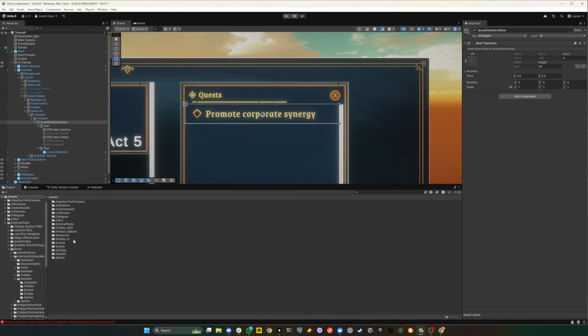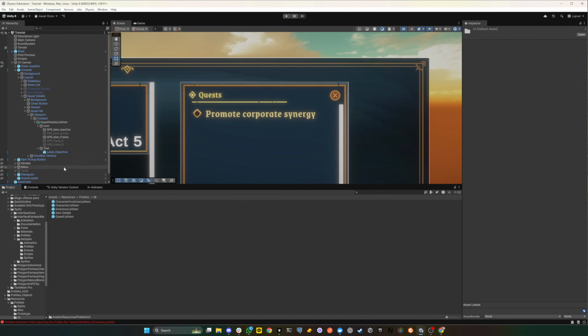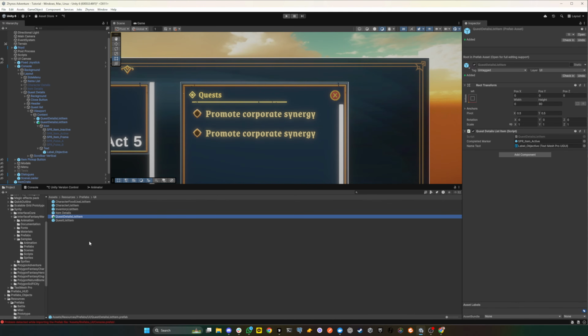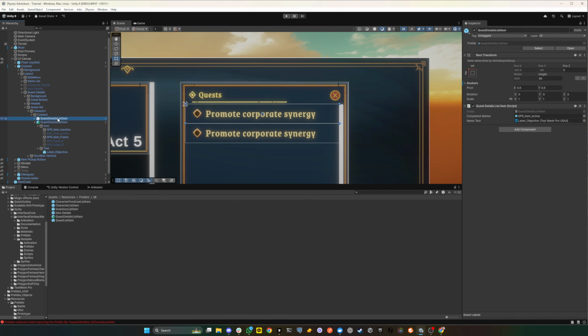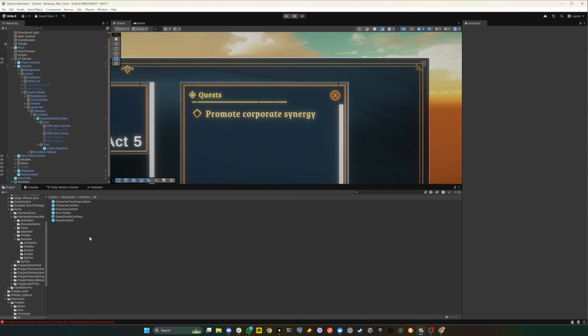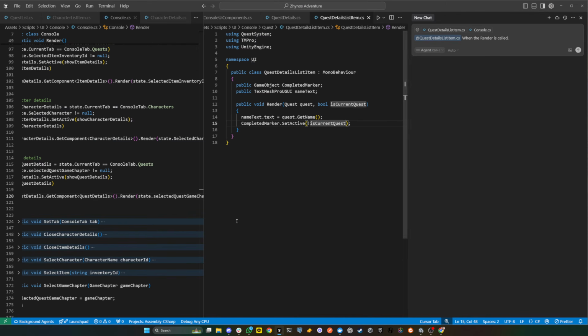Okay. And we are going to add this. Completed marker is this. This is this here. And then resources, prefabs, UI. There you go. Okay, so now if I go back to the script,